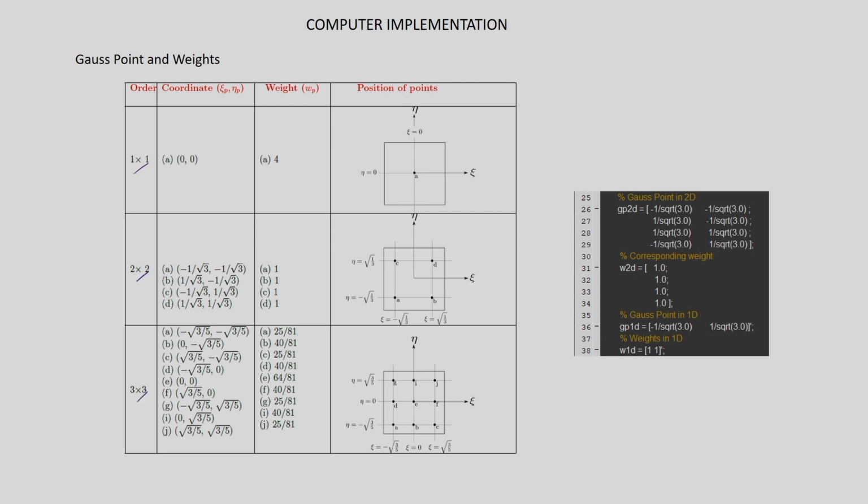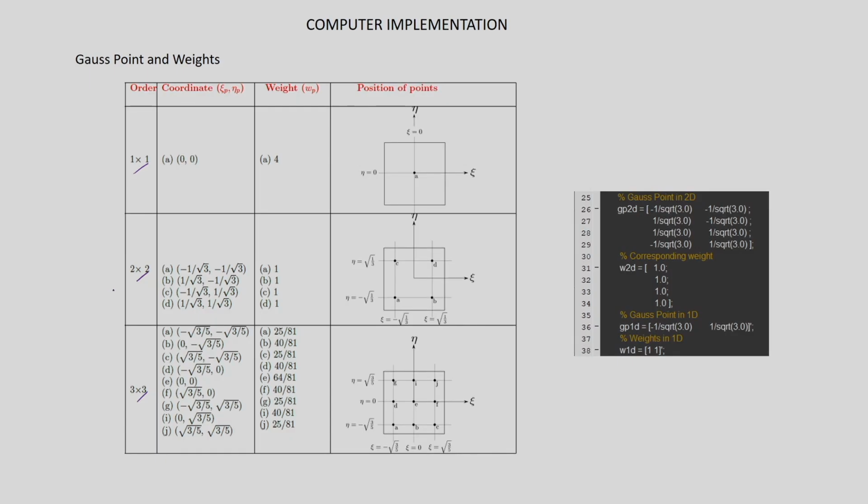If you remember the one dimensional case, we said that if we have to integrate a polynomial of degree p, we have to take the nearest higher integer of (p plus 1) by 2. That will give us the number of Gauss points where we have to calculate the integrand, multiply by the weight, and then sum it over all the Gauss points. So, that we did in the one dimensional case.